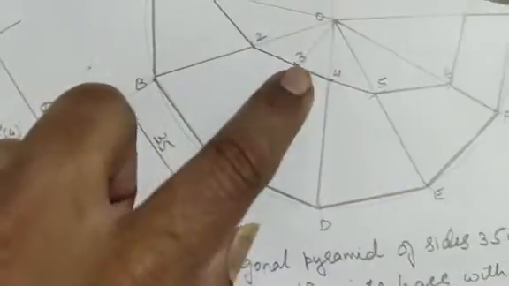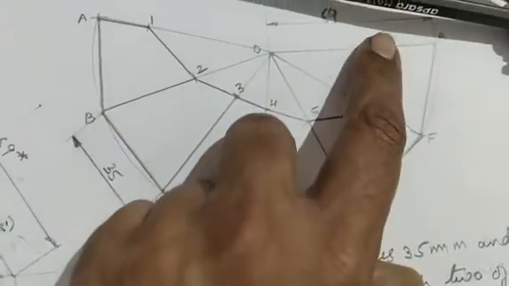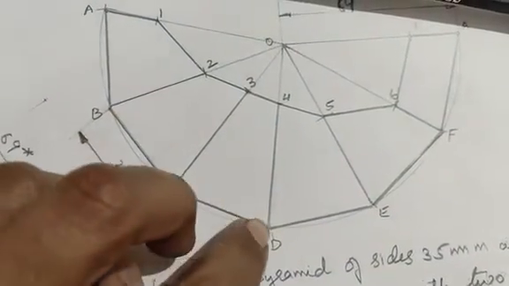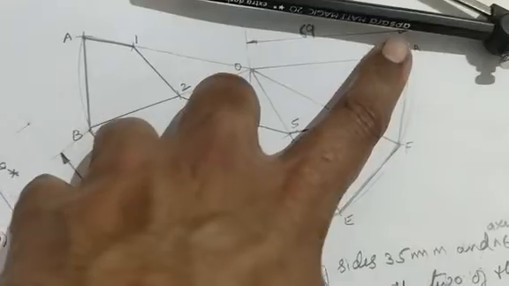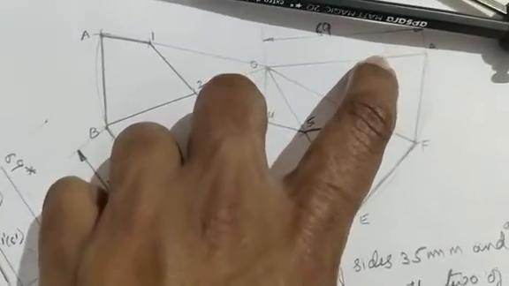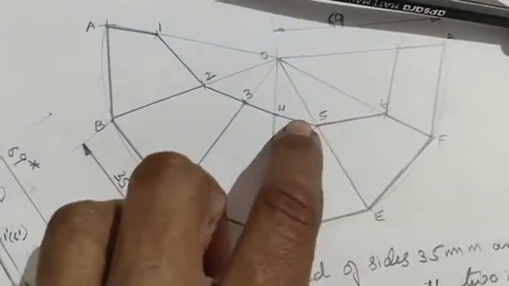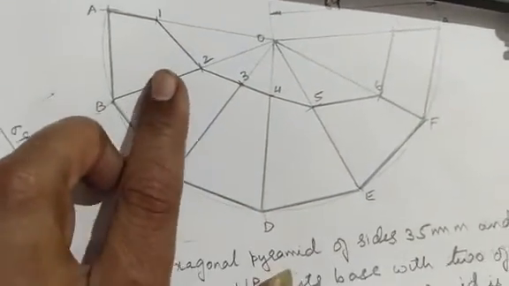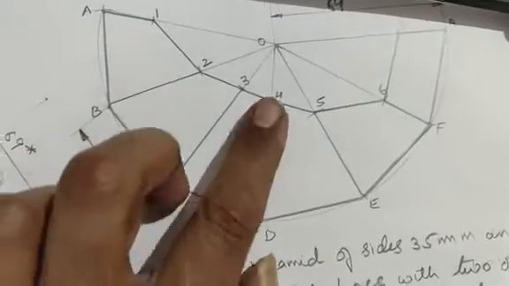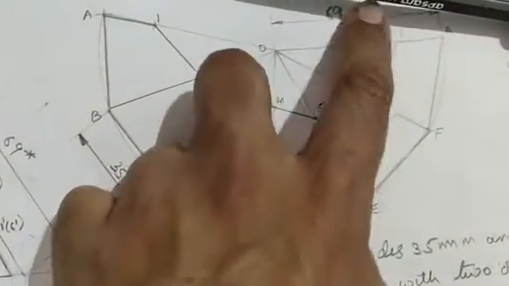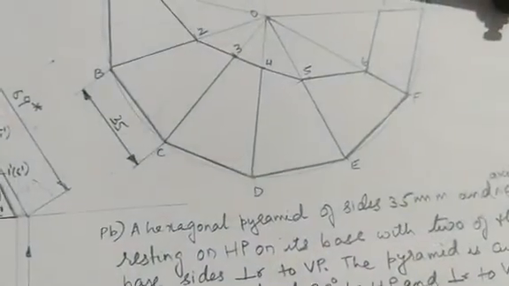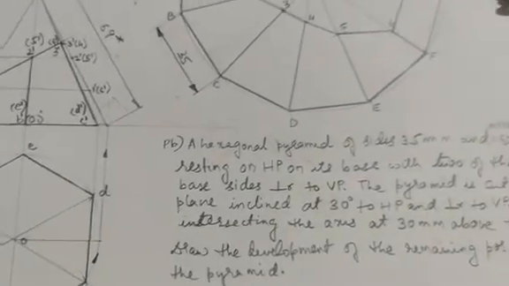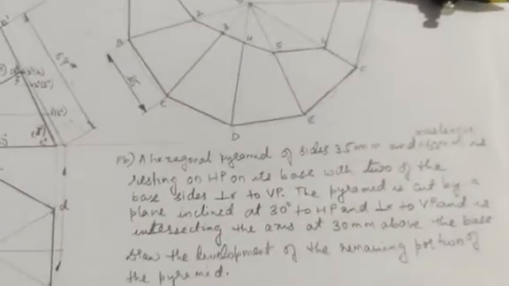So you have got 1, 2, 3, 4, 5, 6 and again 1. So darken this 1 to A, A to B, B to C, C to D, D to E, E to F, F to A, 1 to A, 1 to 6, 5, 4, 3, 2, 1. So wherever you are going to fold, darken those parts also. Is it clear? So this is the development of a hexagonal pyramid. Okay, please draw it in the sketchbook.